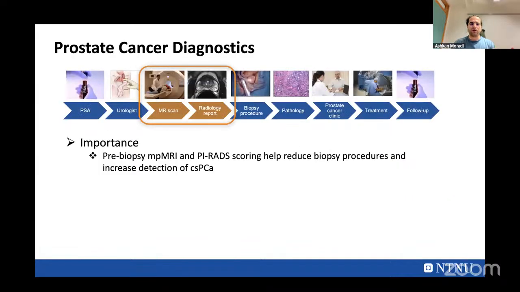So just to give you a broad idea of the prostate cancer diagnostic pathway, everything would start with a blood test, and the PSA, which is the prostate-specific antigen, would be measured. And if the level is elevated above a certain threshold, the patient would be referred to a urologist. The urologist would provide some extra tests, something like a rectal examination. And then based on the decision that he would make, the patient would be referred to a radiology department,